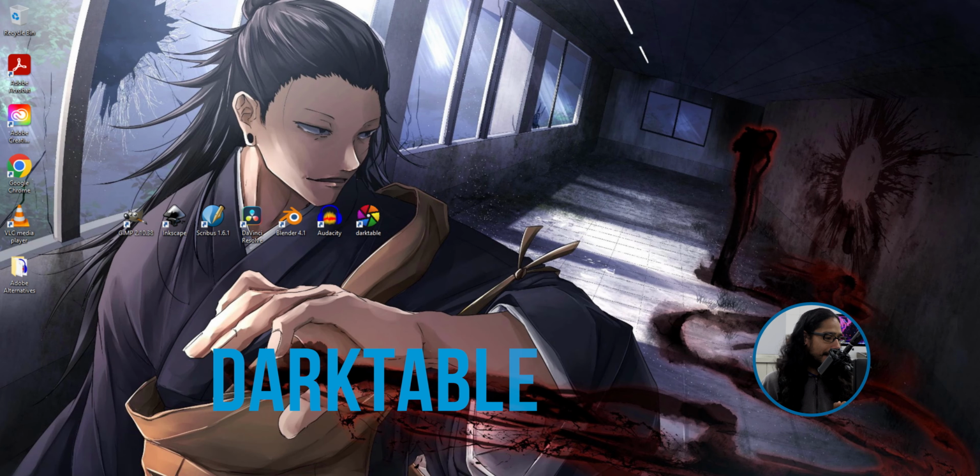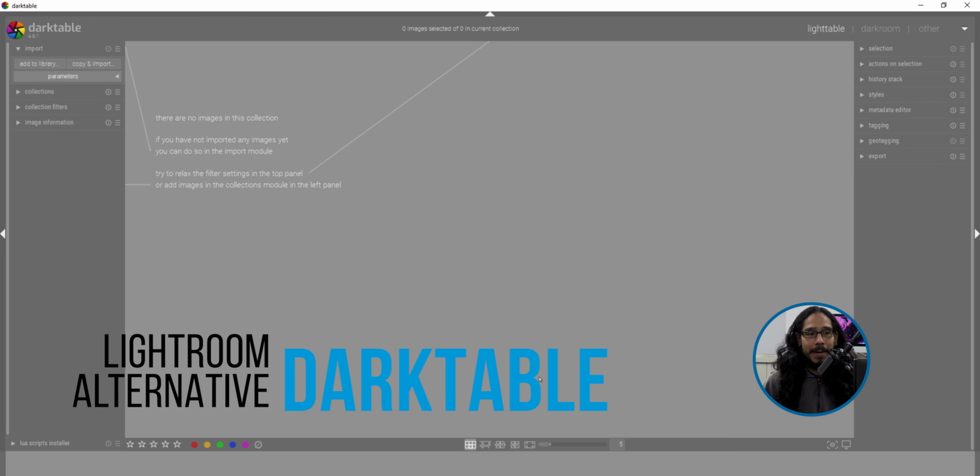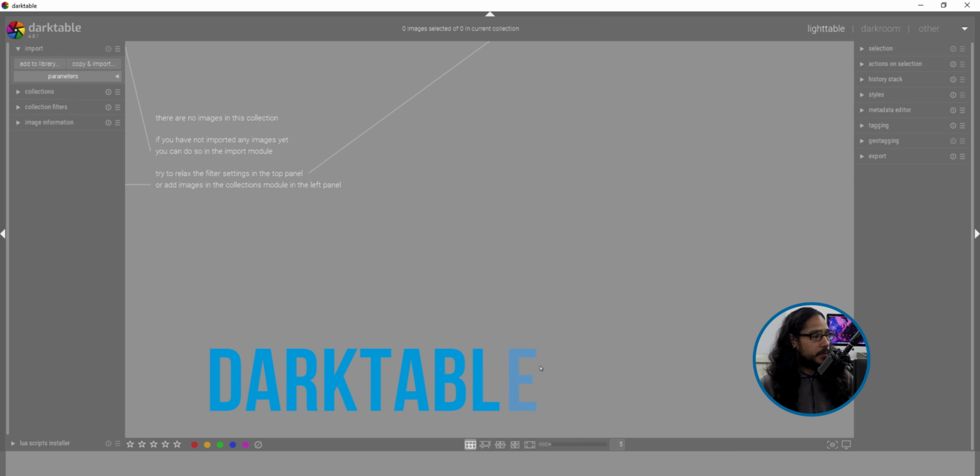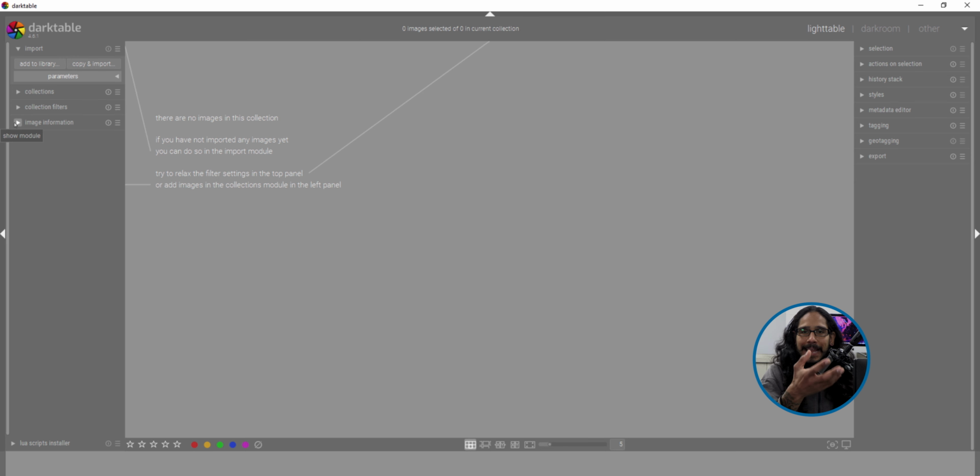Last but not least on my list is Lightroom. For those individuals that are into photography and you're using Lightroom to make modifications such as the contrast, your brightness, the blacks, your whites, and messing around with curves, the best alternative, which is free, is basically Darktable. I recently heard about this. I haven't played too much with this free version. But when you open it up, it gives me that same feeling as Lightroom. You're able to create your collections, create filters, import your images in here, and you should see everything in this middle section right here.